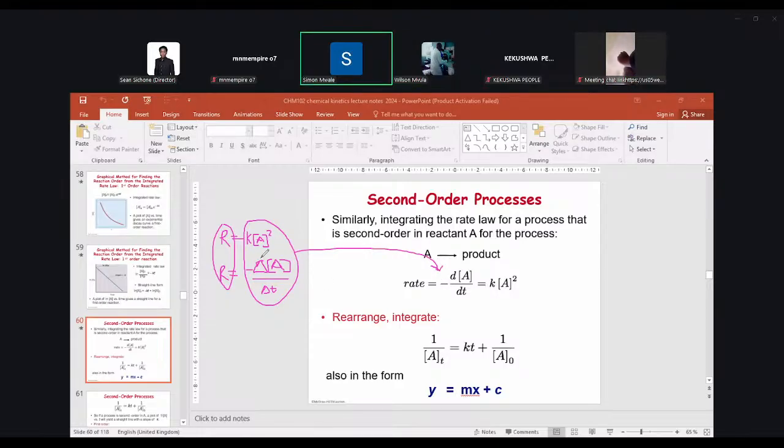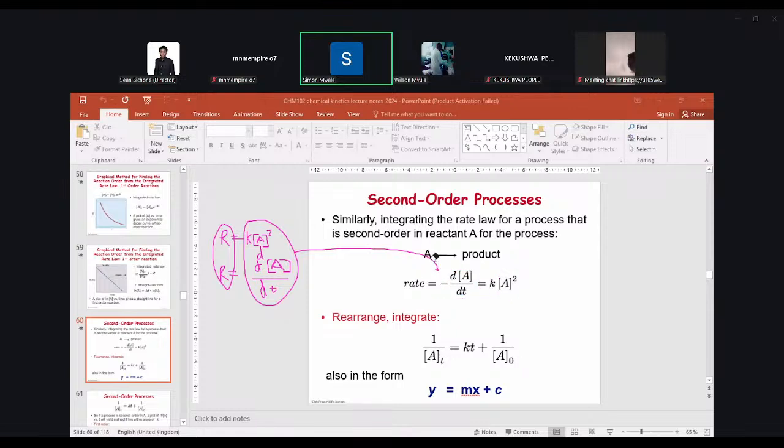Where I've just, instead of putting the change, I've put a D here, and I've also put a D here for the change there. So you can see that if I combine these two, I end up with this equation here, okay? So rate is equal to the change in concentration divided by change in time, which is equal to K times the concentration of A to the power 2. So that gives you the rate